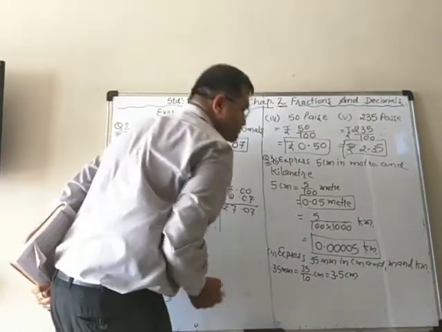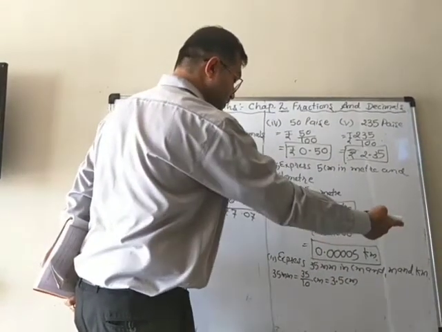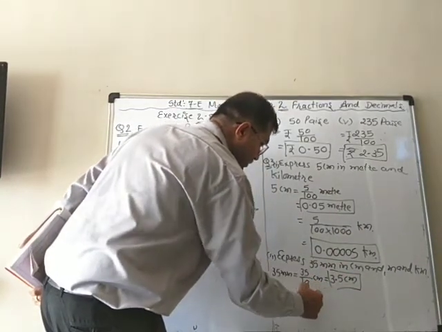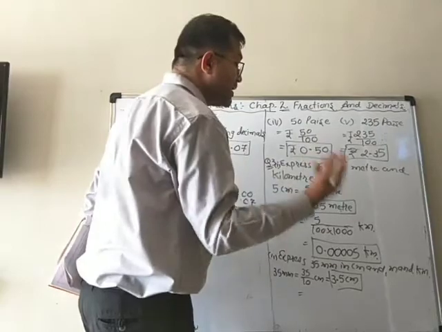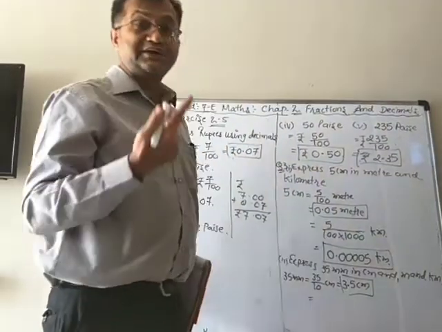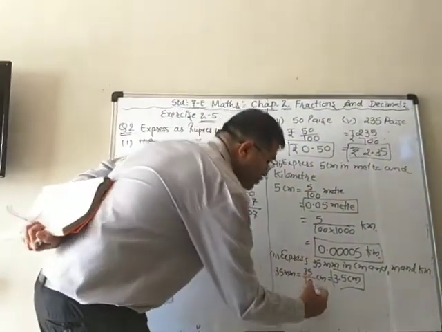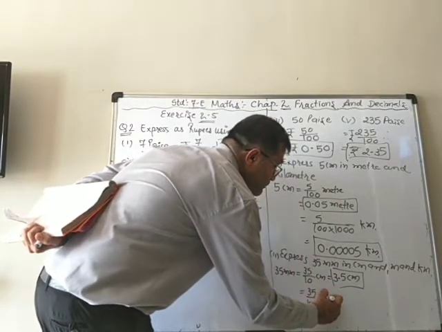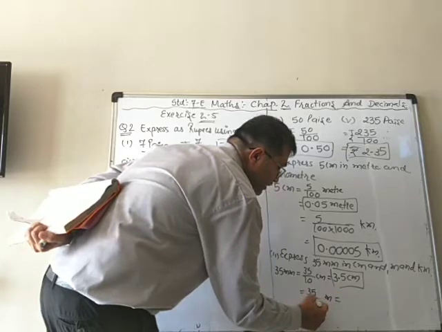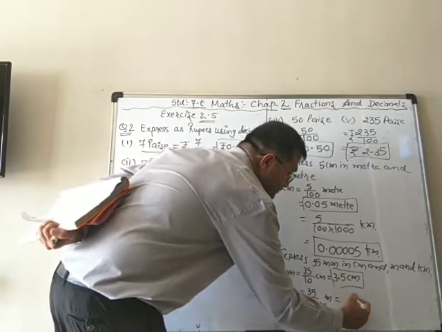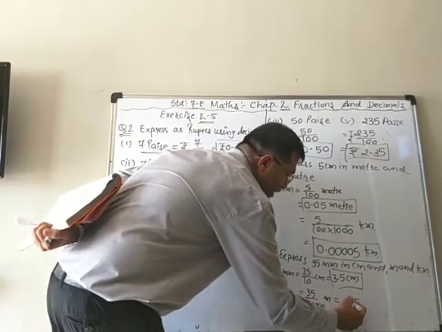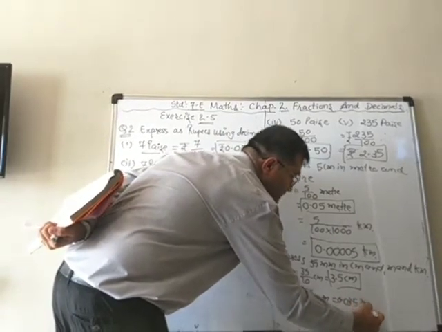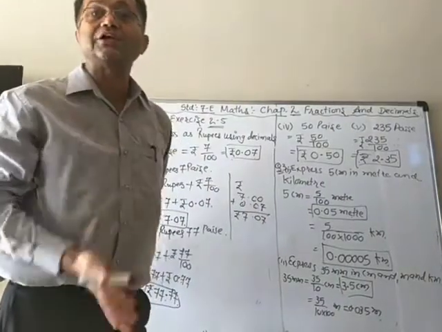3.5 centimeter. That is your first answer. Now centimeter to meter. Again we have to divide by 100 because 1 meter is 100 centimeter. So 35 upon 10 into 100 meter. Means 1, 2 and 3 zeros. 35 means 1 and 2, so we need another, and then 0.035 meter.